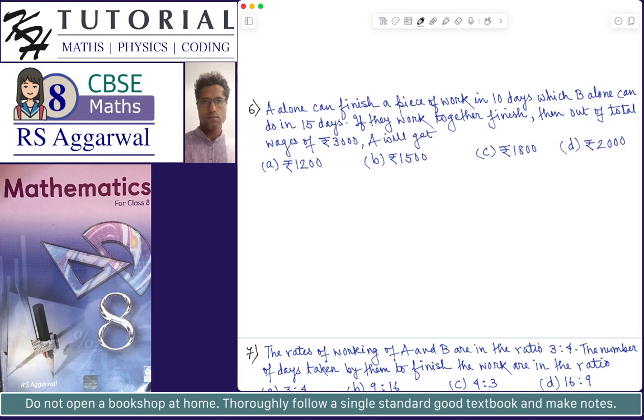Okay. So they are doing some work. And if they complete the work and the total payment given to A and B is rupees 3000, then what amount will A get? Now the amount that A and B will get will be based on the amount of work they are doing per day. In 1 day, so we can say that